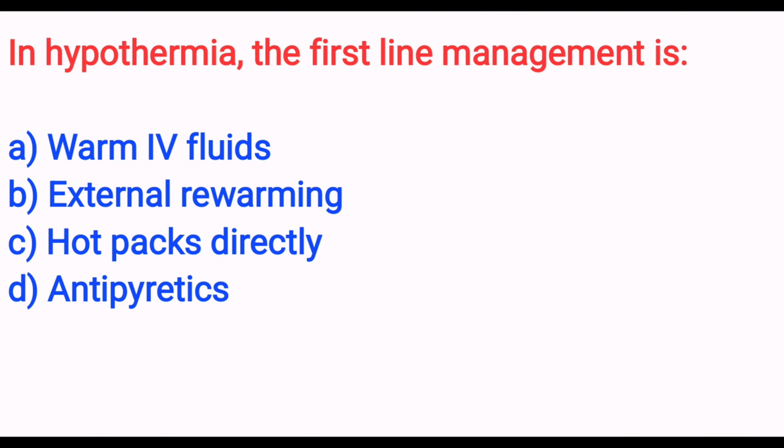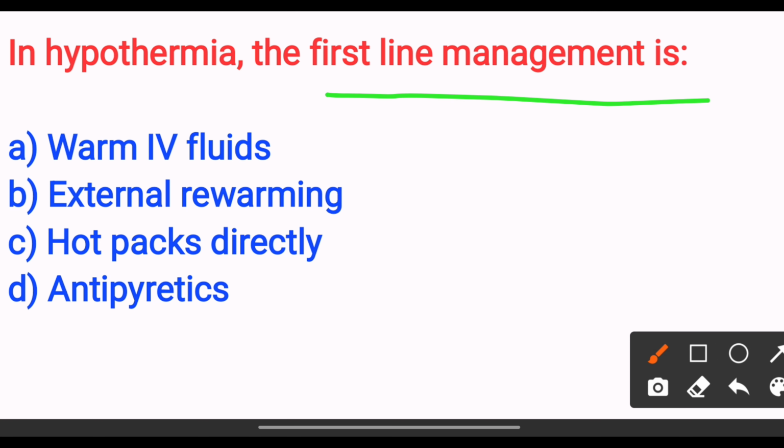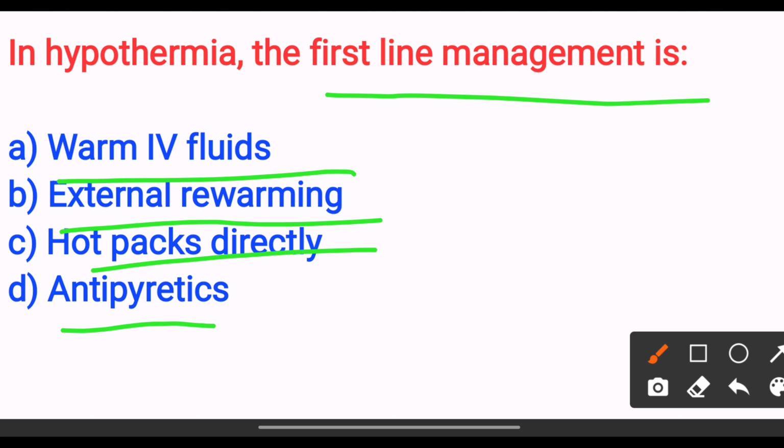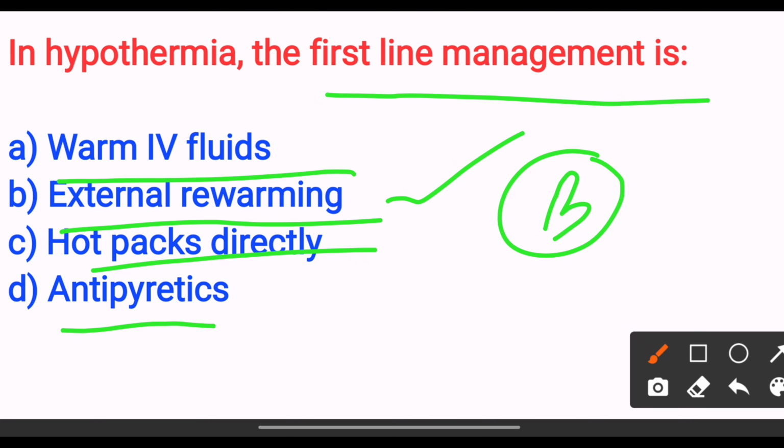In hypothermia, the first line management is warm IV fluid. Option B external air warming. Option C hot packs directly. Option D antipyretics. The answer is option B external air warming. Next,